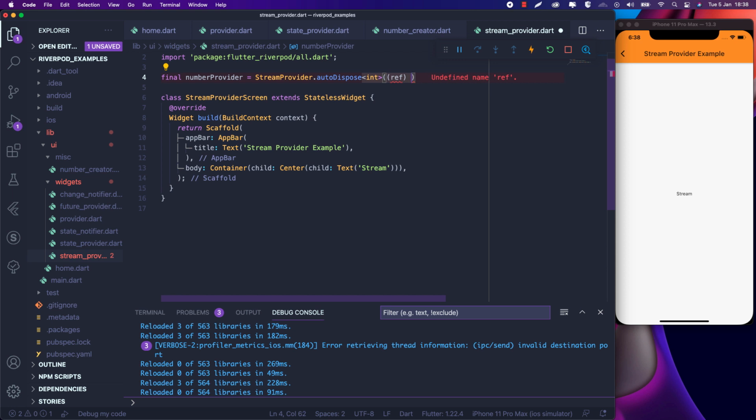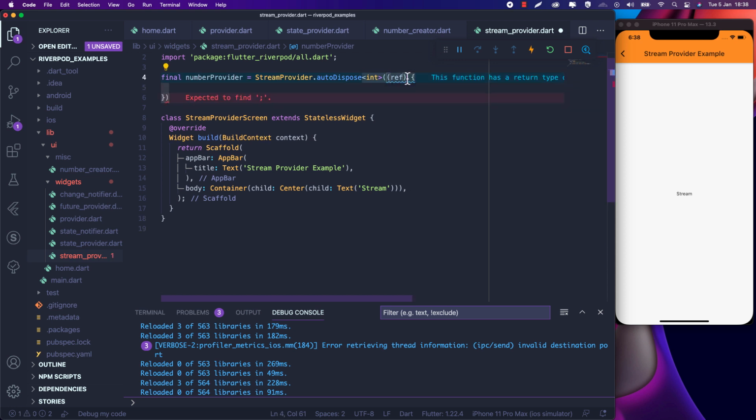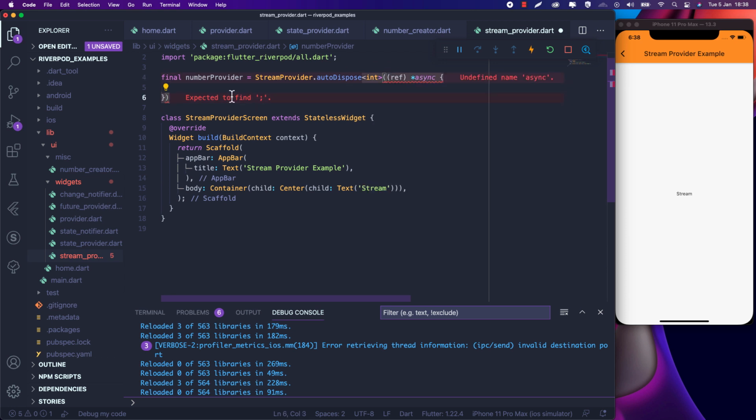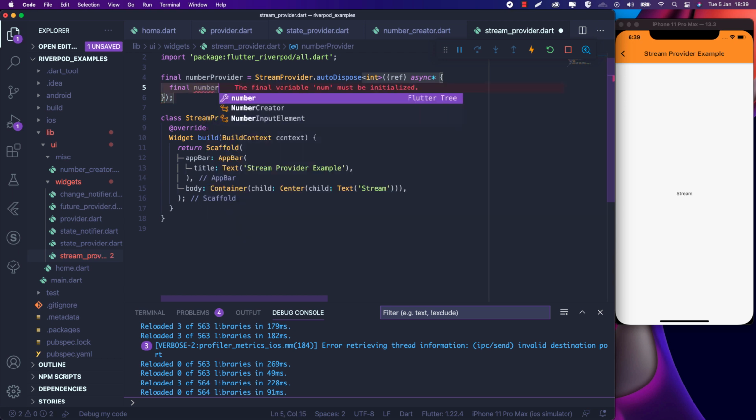and it's going to return something, but here it's going to return an async. So let's go ahead and fix that. Okay, async. Okay, so we are going to initialize our number creator, and so we are going to do number processor equals to number creator equals to the number creator,